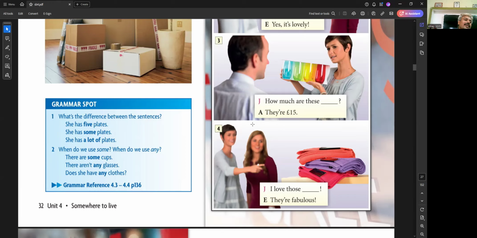Negative, negative. Okay, now tell me, there is only one question sentence left. Question sentences, what do we use in them? Any or some in question sentences? Any. For example, do you have any brothers? Are there any foreign students in our class? So you understand now? Okay.